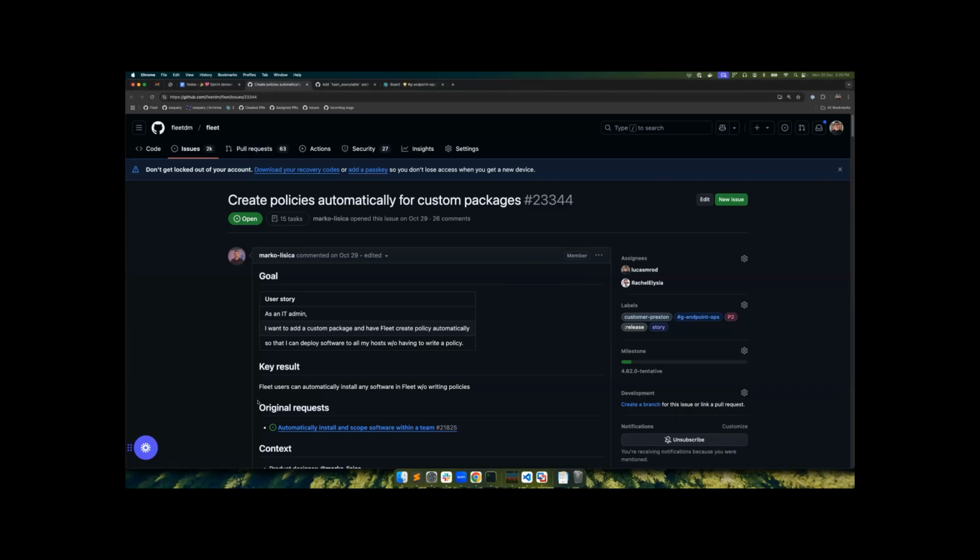So as an IT admin, I want to add a custom package and have Fleet create a policy automatically so that I can deploy software to all my hosts without having to write a policy. So yes, today,